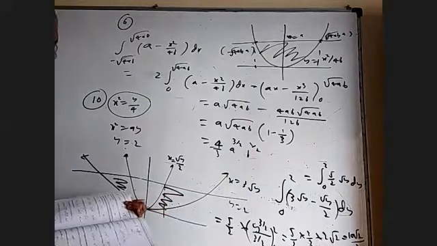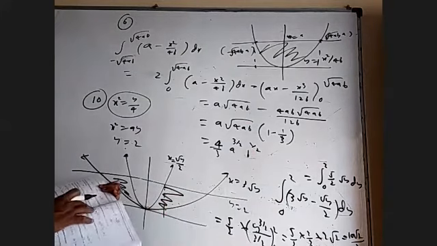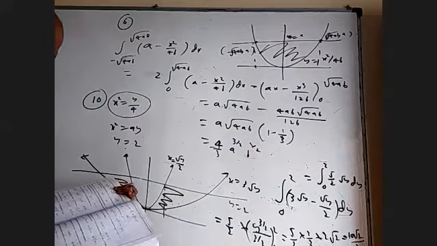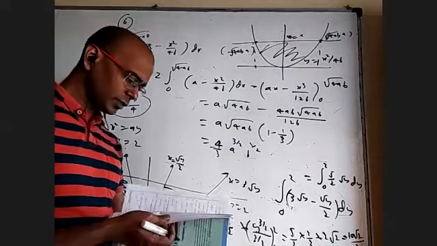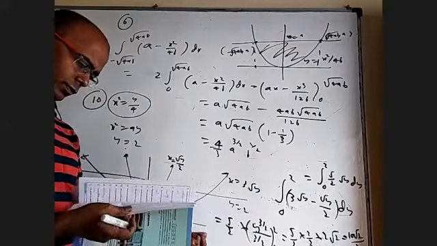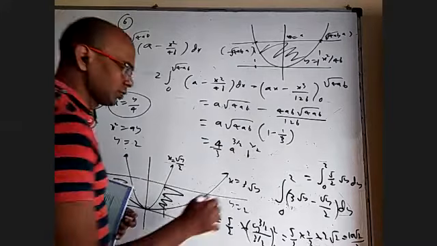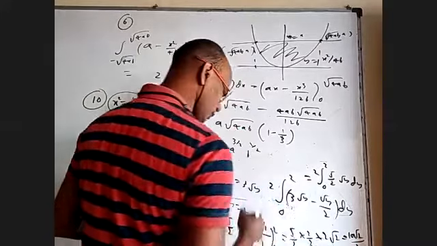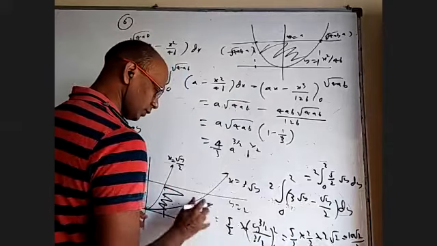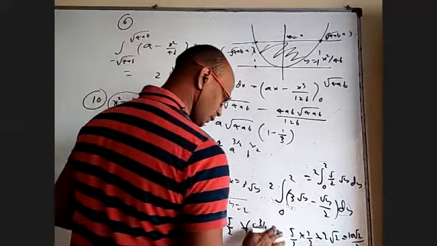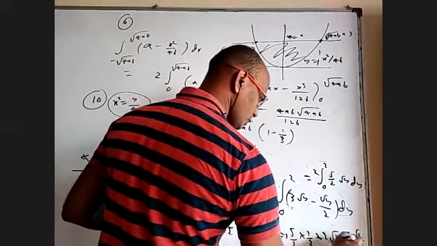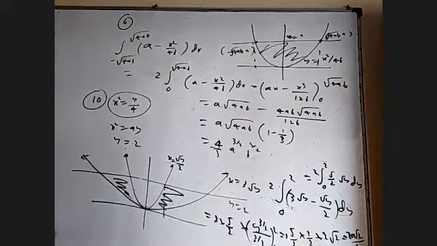I think I should double it because I did only the right side. Let me see what they gave. What is the option? They gave option A for the 10th one. Yeah, so I have to multiply by 2 everywhere. I forgot about it. 2 times. This will be 20 root 2 by 3, because of this side and this side. Is it okay? Whoever has doubt about the 10th one?